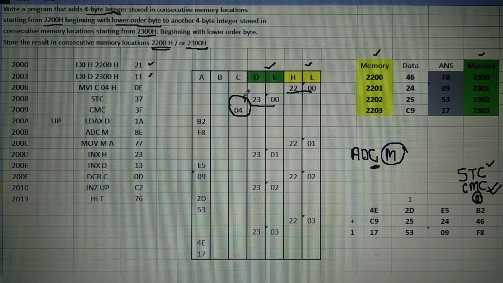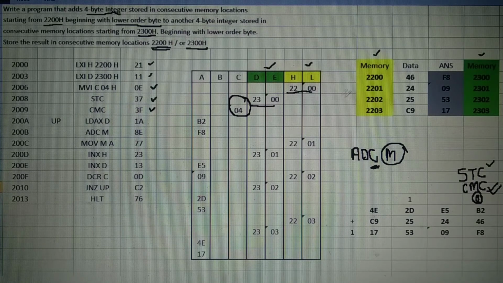And after each and every addition, the counter should get decremented by 1. MVI C, 04, STC and CMC, the carry flag becomes 0.